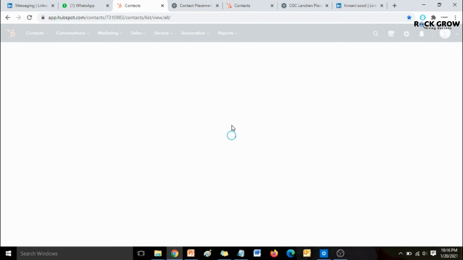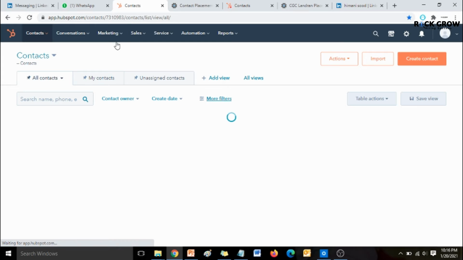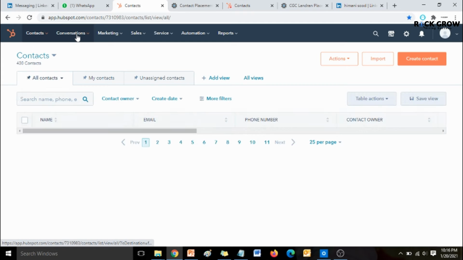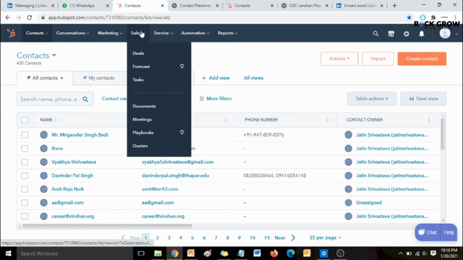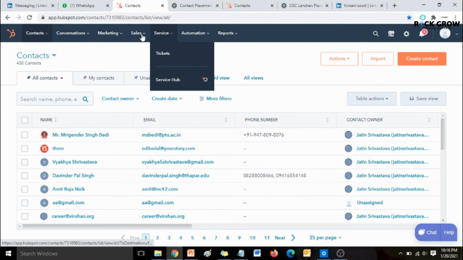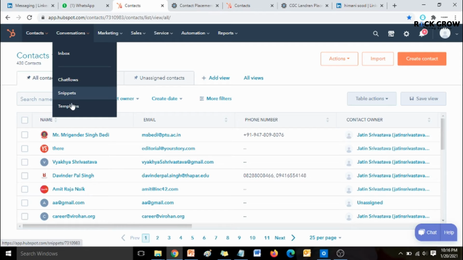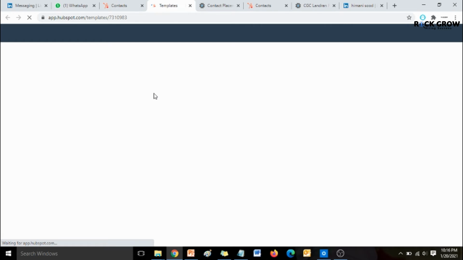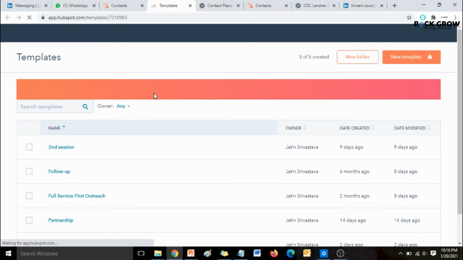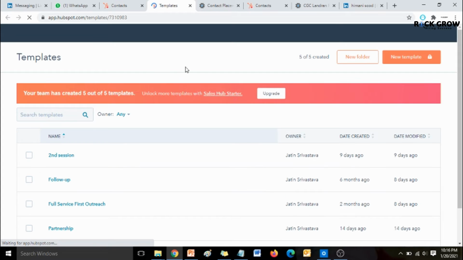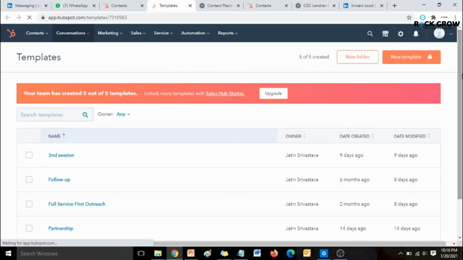Okay, second feature that you need to understand is basically the email templates. Though HubSpot has a lot of features, not all the features are of relevance to you. And if you would like to learn more about it, then you can let me know. I can teach you personally, but I will prefer you guys to restrict yourself to only those particular features which are of prime importance. So this is the section where you can basically make some email templates.